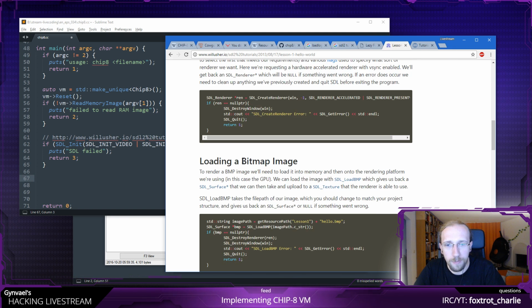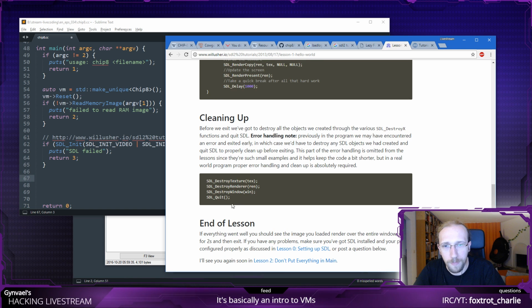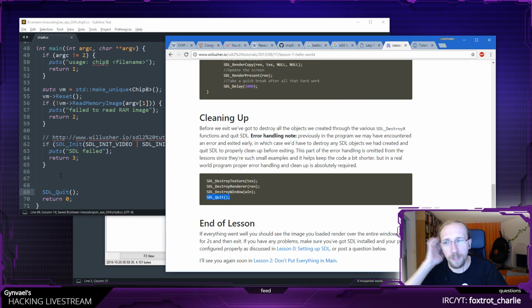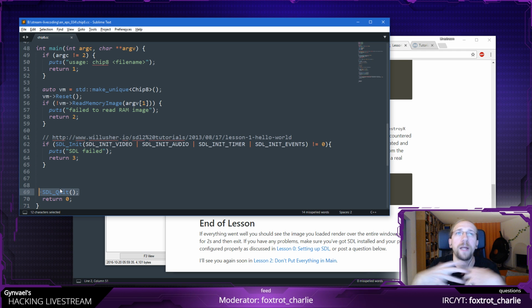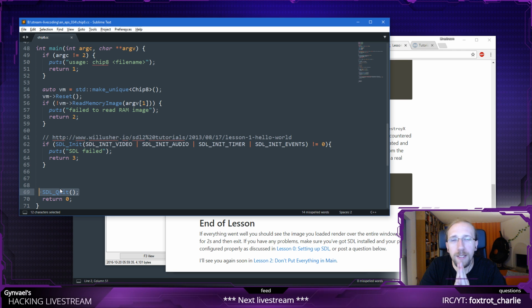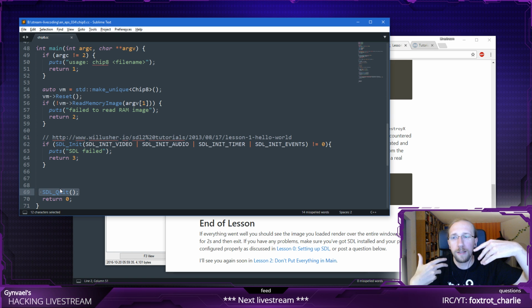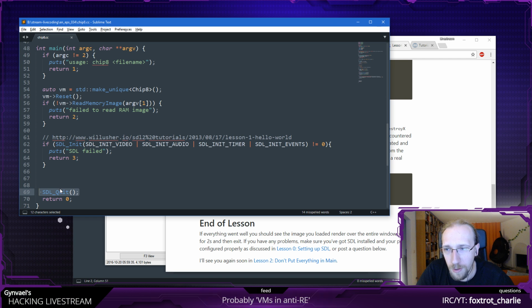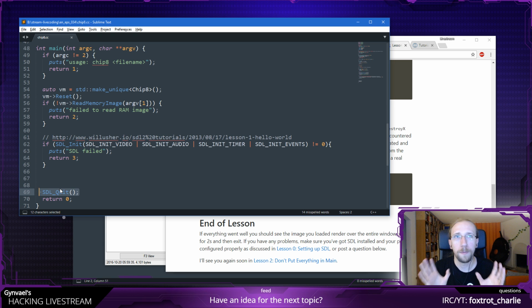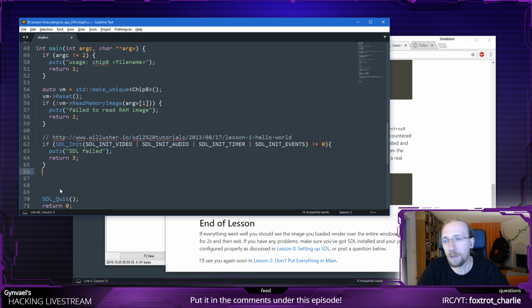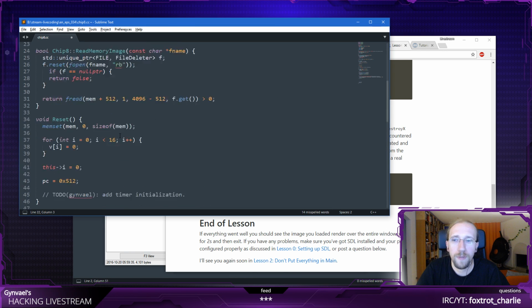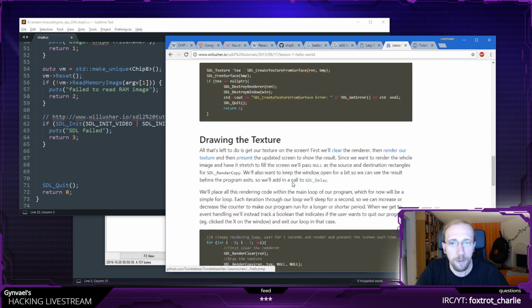I need to create a window, but before that I need to do cleaning up. So cleanup. I probably should do some fancy way of not having to call SDL quit manually. This is important because I'm probably going to have a series of ifs, and if any of the ifs fails, then I need to do cleanup and then exit. So it would be great to not have to call any cleanup functions manually, so they just call themselves on exit. I could use a somewhat similar approach to what I used here, but let's see how it goes.